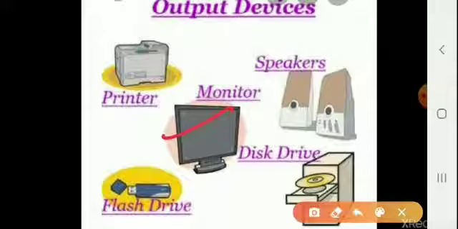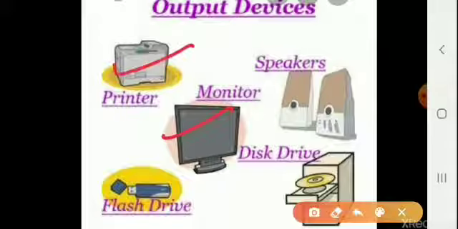All the short forms you also have to learn. Within your chapter it may come, and then don't ask afterwards that we have not provided it or you haven't learned it. All the things you have to learn, so listen carefully to whatever we are telling you. So the visual display unit displays the data on the screen.